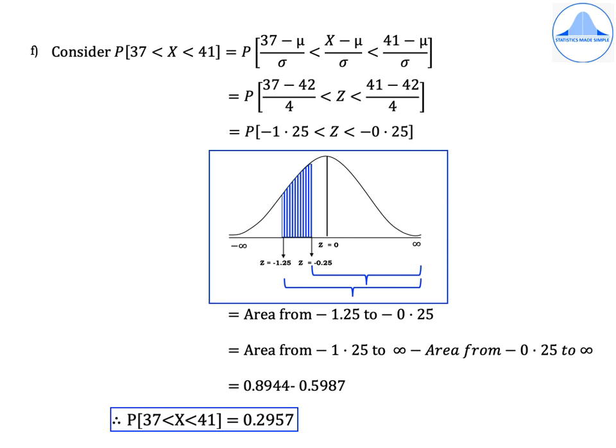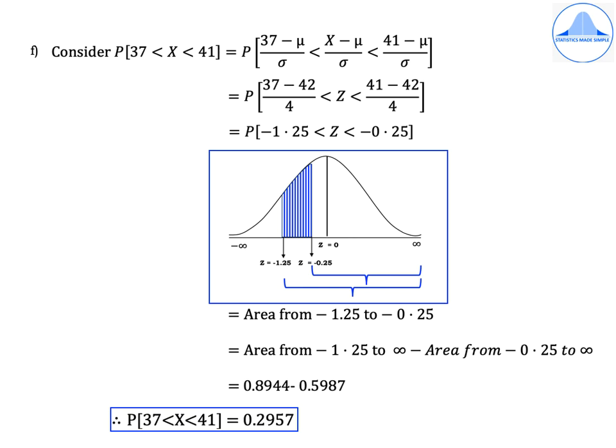So let's start with the last subdivision, that is the sixth one. You should find the probability that x lies between 37 and 41. So how do you write this step? Write consider, then write probability within square brackets. First write 37 less than x and less than 41. And how do you read this expression? It is read as x lies between 37 and 41, and we want to find out its probability.